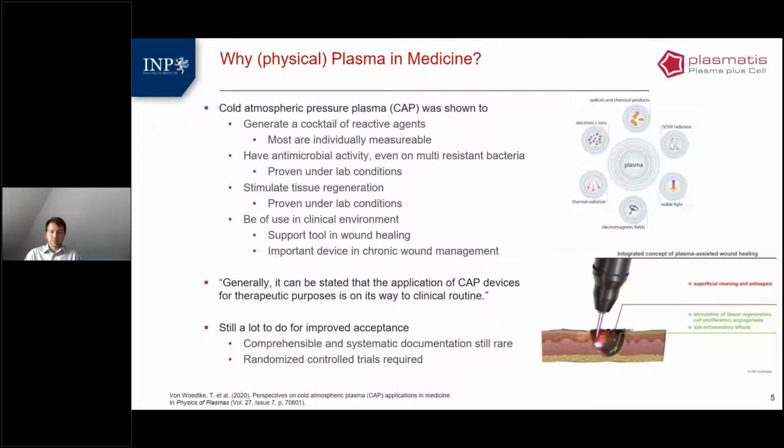Presently, it is possible to determine the individual species component densities. The diagnostics developed quite well in recent years, so there's access now, and people can really characterize their sources. It was also shown that many of these components, individually but also combined, of course, have an antimicrobial activity, which is, in wound treatment, of course, a desired outcome. This was proven under lab conditions mainly. It was also proven that multi-resistant bacteria could be inactivated. Same goes even for viral